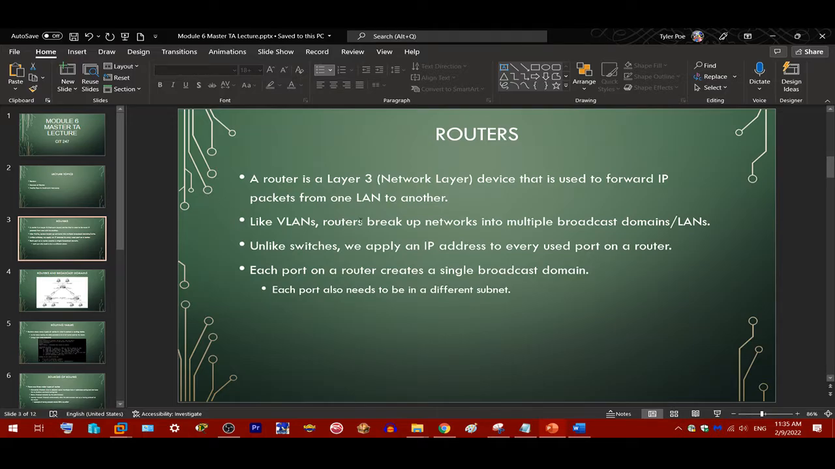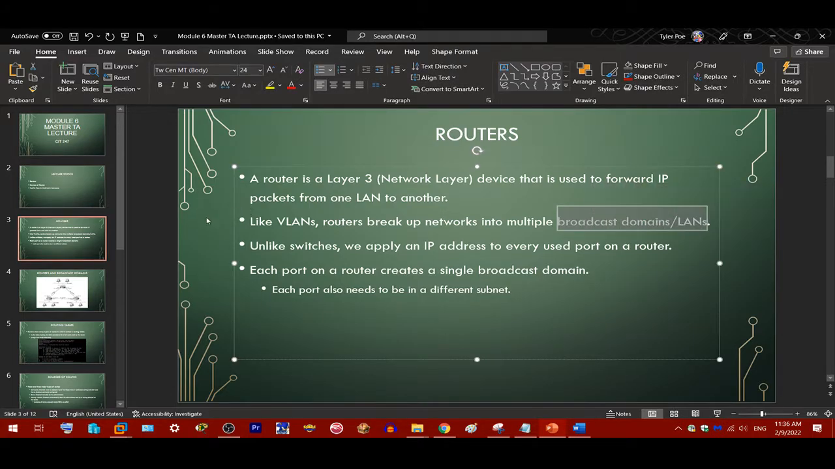So like VLANs, routers break up networks into multiple broadcast domains or LANs. Again, this is unlike a switch without VLANs and a single layer switch, which creates a single LAN or broadcast domain. Actually, multiple switches connected together can also create a single broadcast domain or LAN. Routers, however, break these divisions up. They break them up into multiple LANs or broadcast domains. And just as a review, these two terms, broadcast domain and LAN, pretty much are synonymous, as I discussed